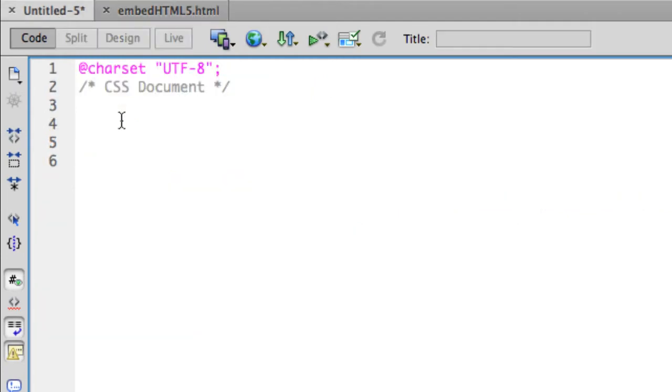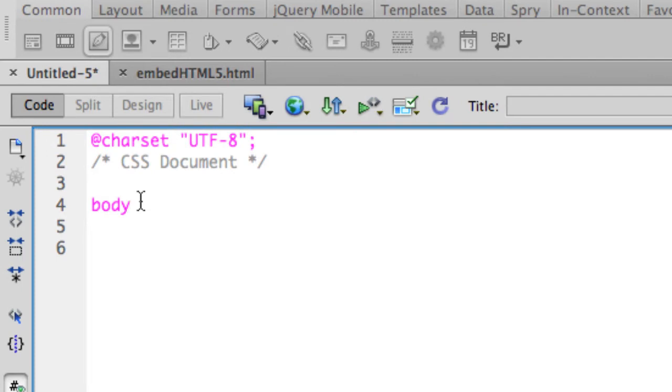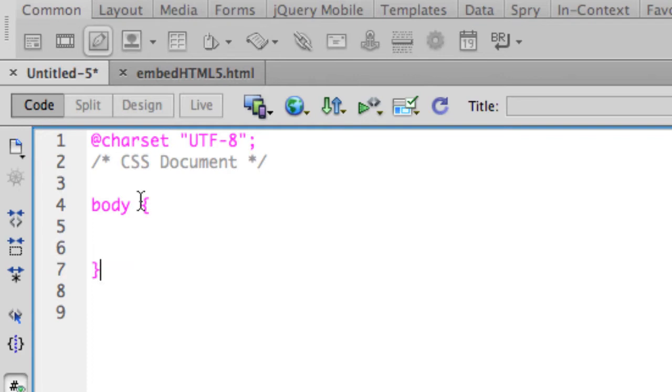So whenever we start coding those selectors, we simply type in the same name as our HTML tag. So for example, the body tag. That's it. You don't have to do anything else special to it. Just hit space and then use your left curly bracket. And I'm going to go ahead and hit enter a couple times to put a space, and then the right curly bracket. And the reason I do this is because I want to make sure that I go ahead and